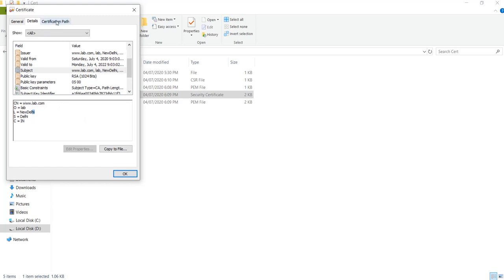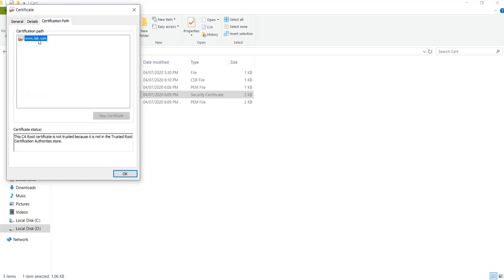And the certification path will show you only one certificate, this, and you can see that this CA root certificate is not trusted because it is not in the trusted root certificate authority store. Once your certificate is signed by an authority, then you can see in the certification path the root, then intermediate, and then the main certificate.